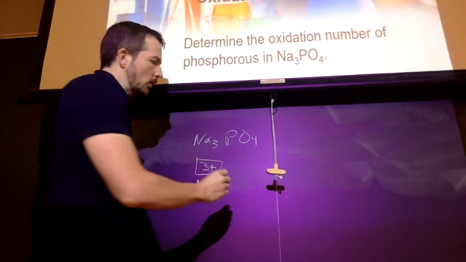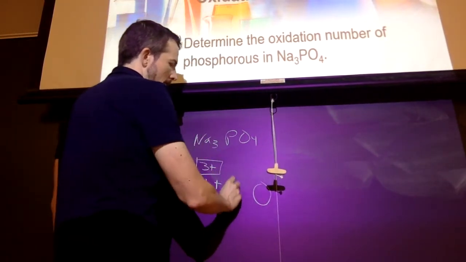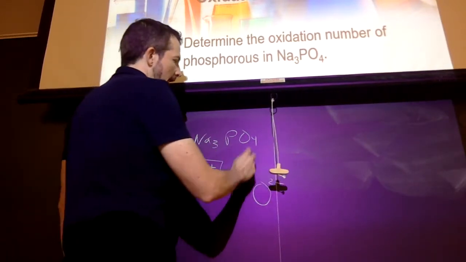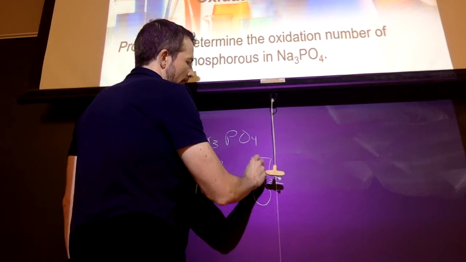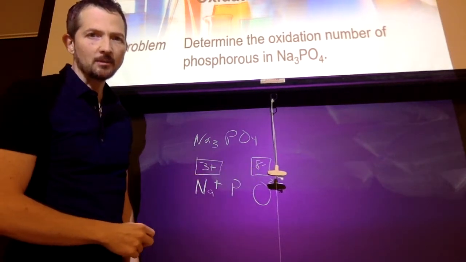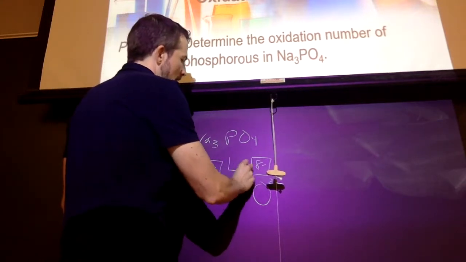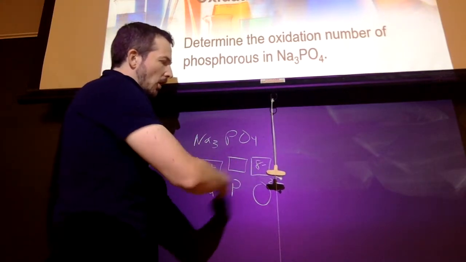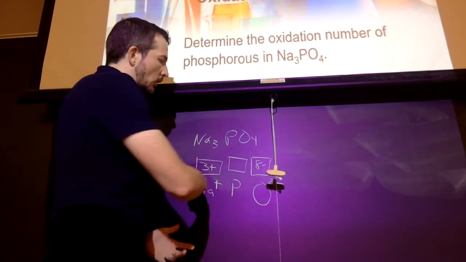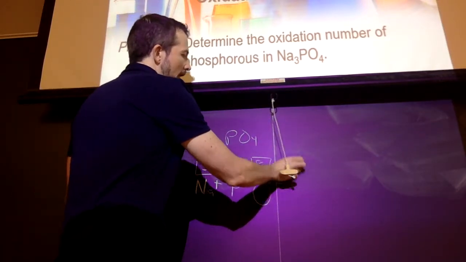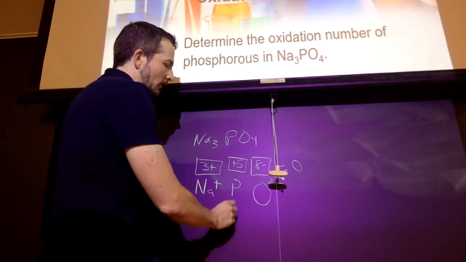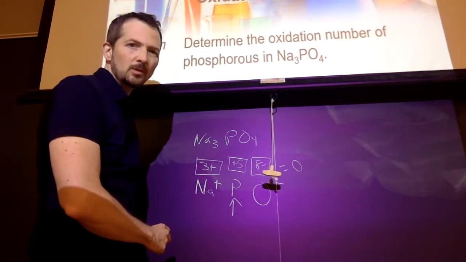I know oxygen is a 2-, and I have 4 of them. So 4 times my 2- is going to give me 8- total. I know all of them added together is going to be 0. So what fits in here that makes this equal to 0? That'd be +5. So I know my oxidation number for phosphorus then